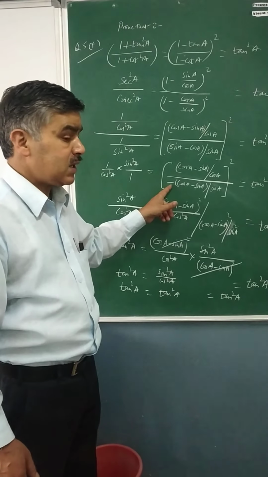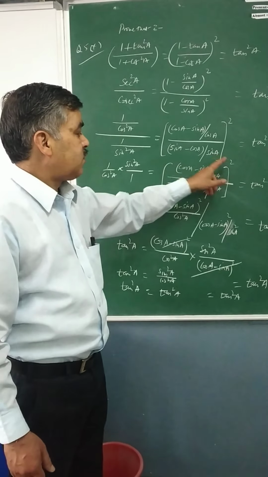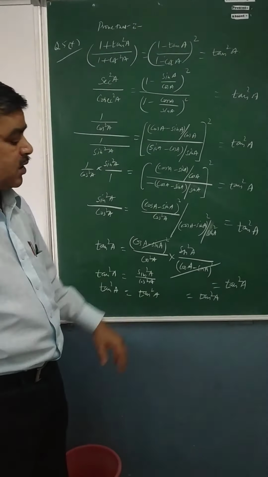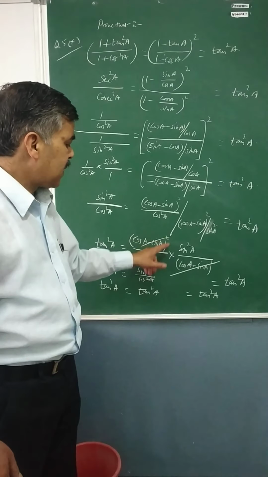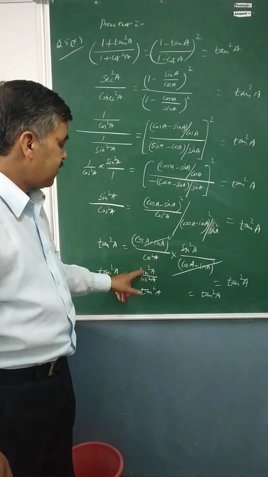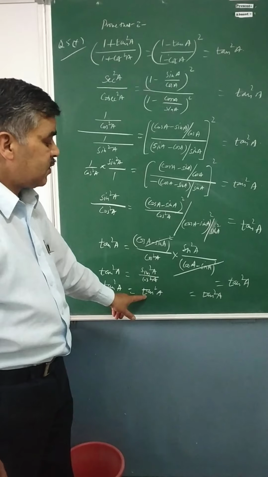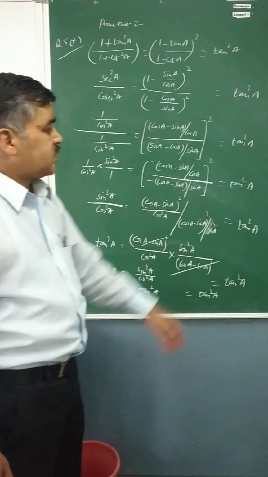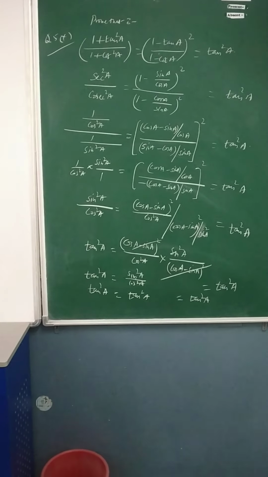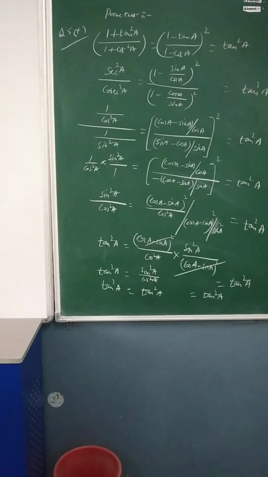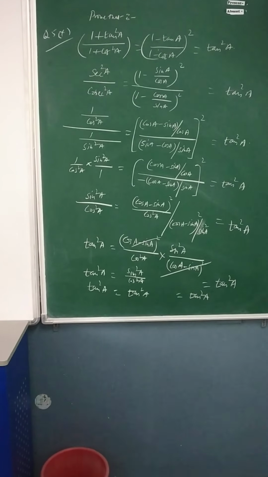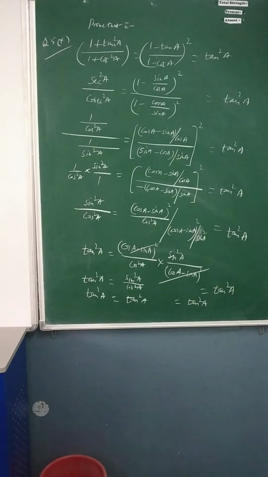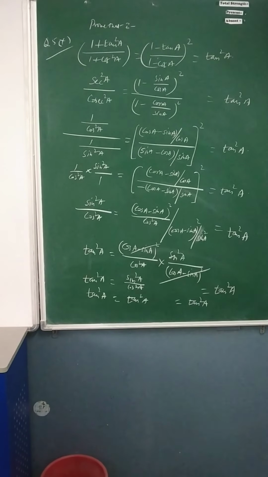What happened to that minus? We are told the square of minus is always plus, so no need to put any negative sign. Then this part you can cancel, and again you are left with sin square A upon cos square A, which is equal to tangent square A. And the extreme right side is already given in your tangent square A form. So tangent square A is equal to tangent square A is equal to tangent square A. So hence we have proved whatever is asked.